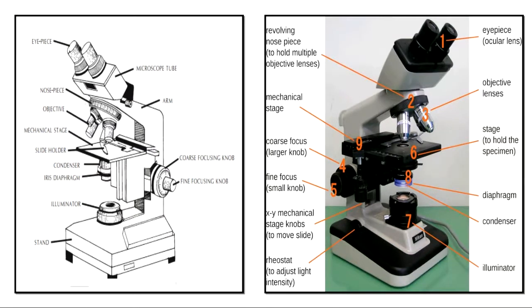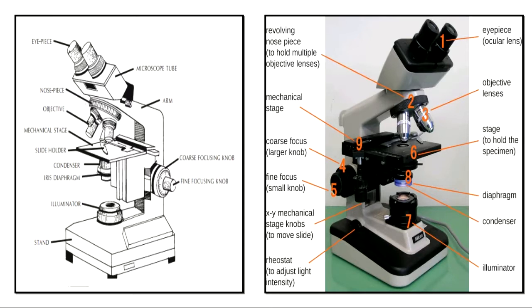Then number 2 is what? Revolving nose piece to hold multiple objectives. So it will hold multiple objectives. So that is called revolving nose piece, right? We may ask, what is the use of revolving nose piece? Name the area and what is its use. So we'll mark at 2 and we'll ask what it is. Name: nose piece. For what it is used: to hold multiple lenses. Like that, we should know. Alright, so this is the way we should know what area it is and why it is being used.